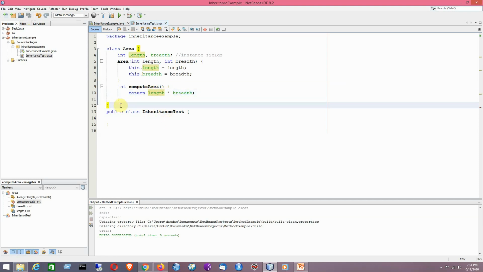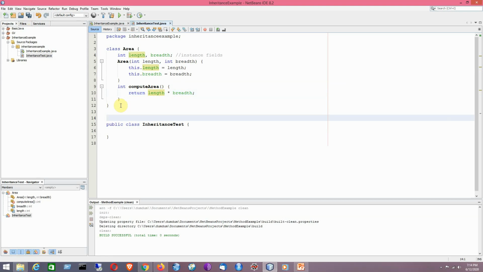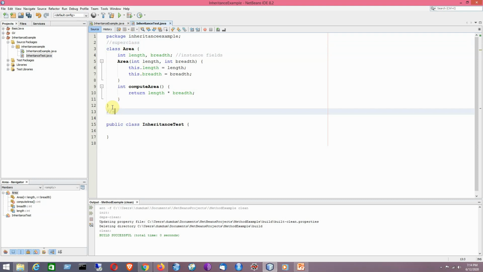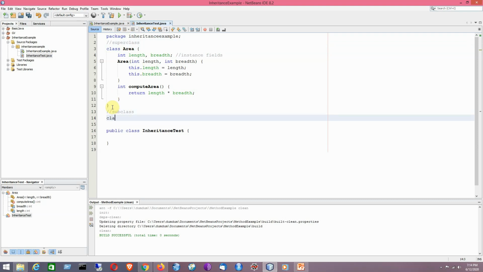Now I will create another class. The area class is basically the superclass, so I can also write it here as a comment, superclass. Now I would like to create a subclass here. For example, the name of the class is volume. So class volume.